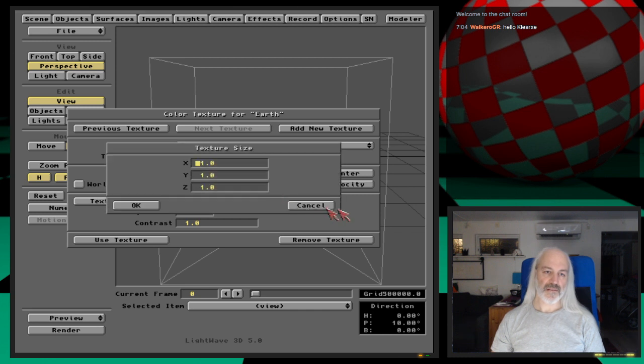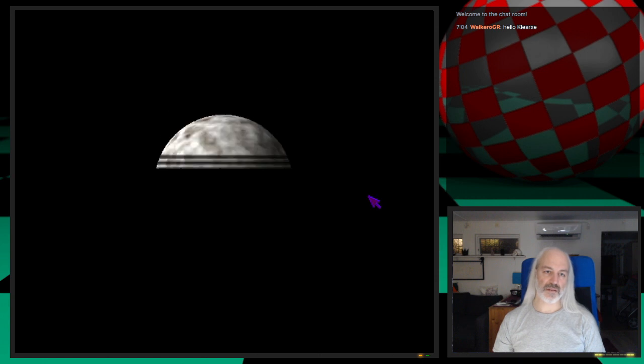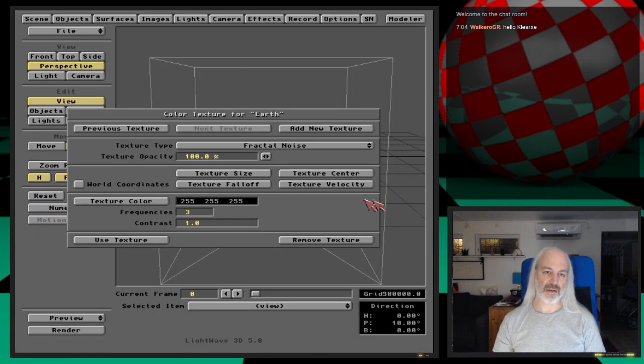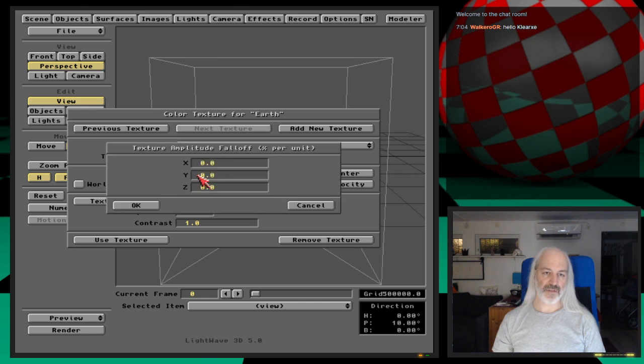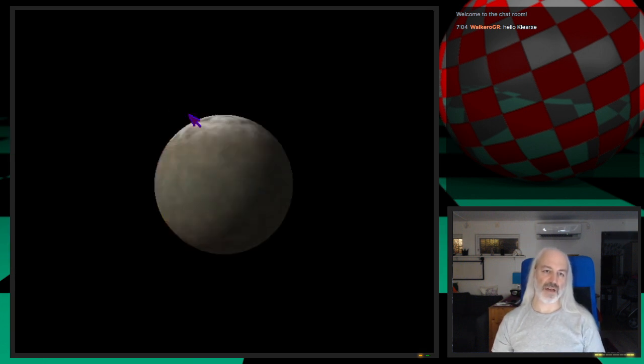Okay, texture size, let's say, for example, let's see what we did. So there is white everywhere now, but let us do a fall off point to see what we did. So now we start having ice on our North Pole, for example,